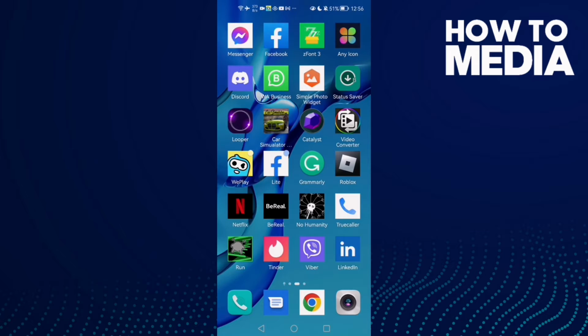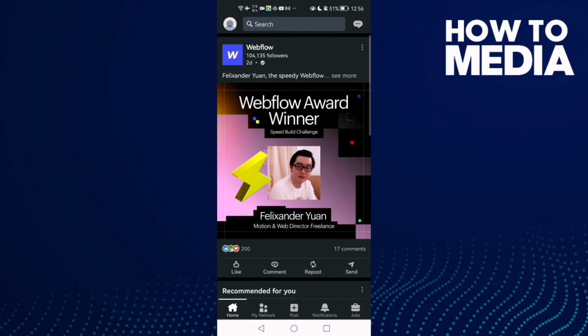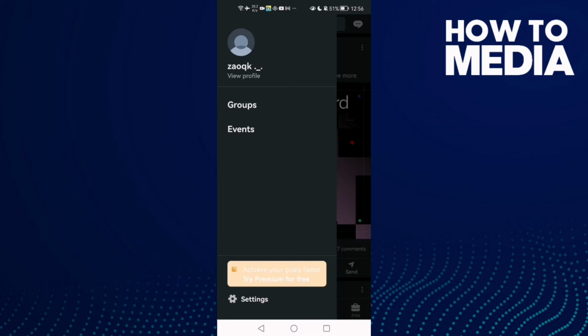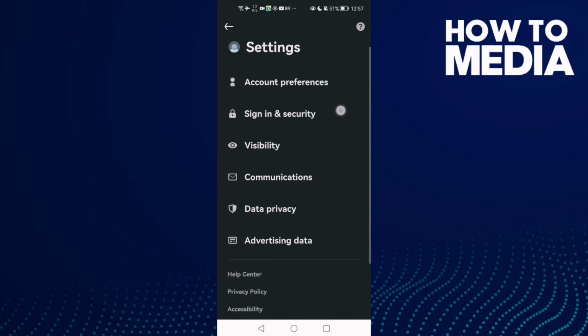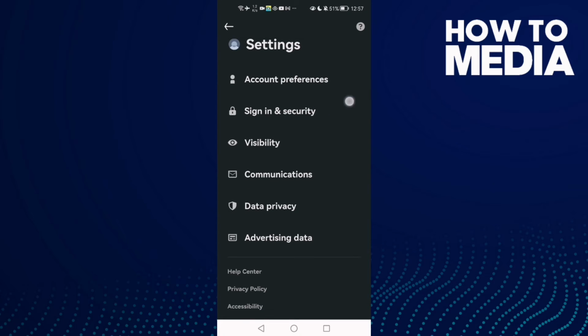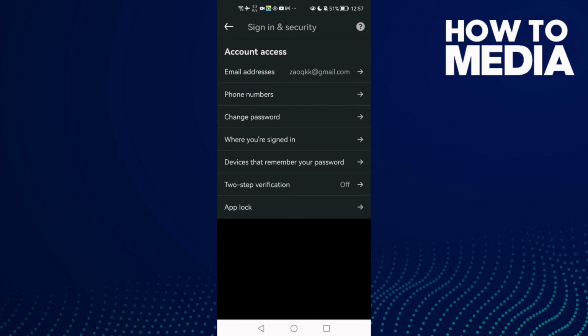First open LinkedIn and then just click on your profile here, and now click settings, this one, click on it, and here just click sign in and security, and here we'll find the change password. Now just click on it,